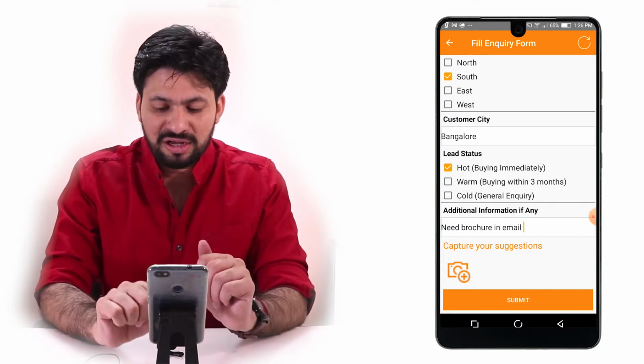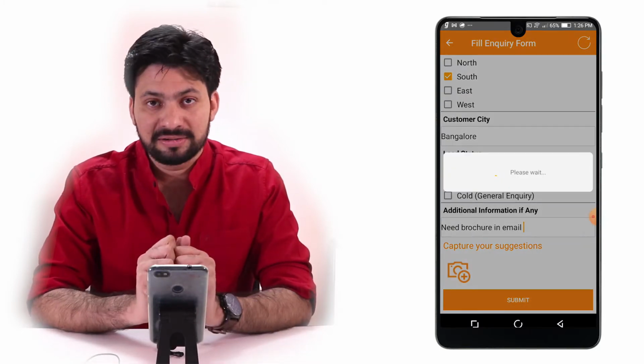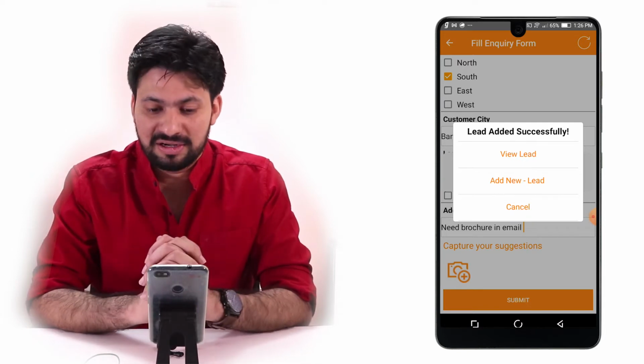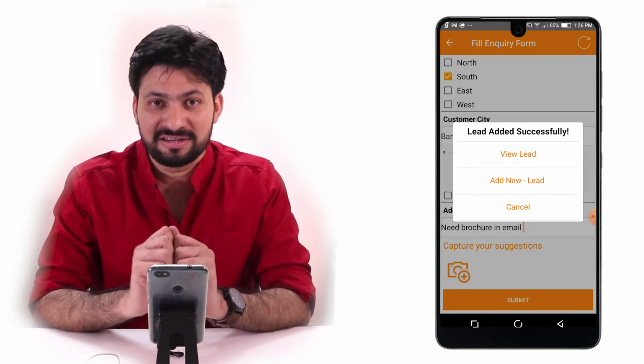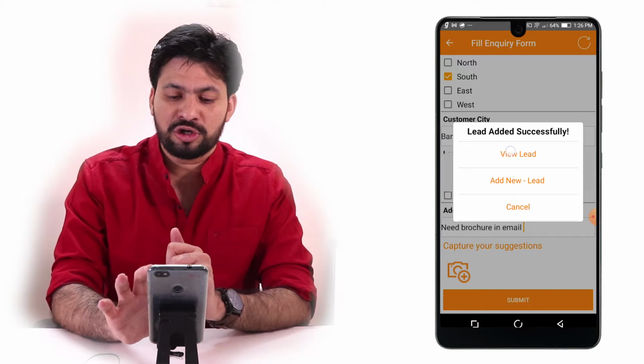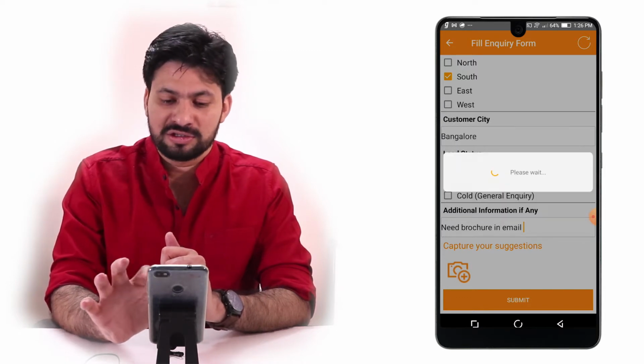Once all that is done, you click on submit. The lead is being submitted, and now it also says lead added successfully. To see it, on the top you can see it says view lead. So click on view lead,